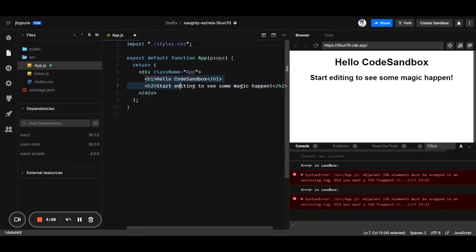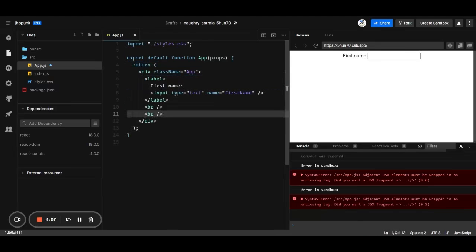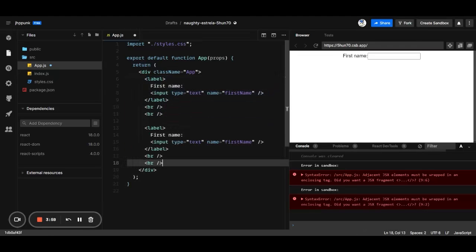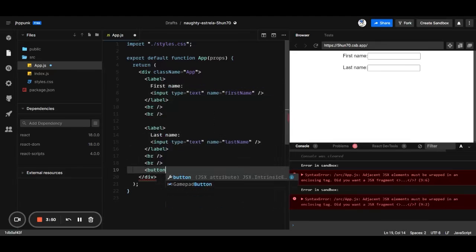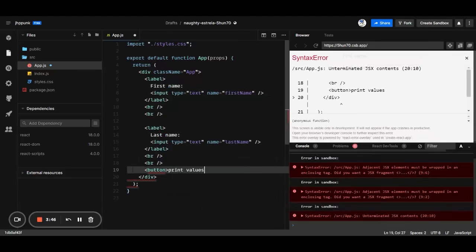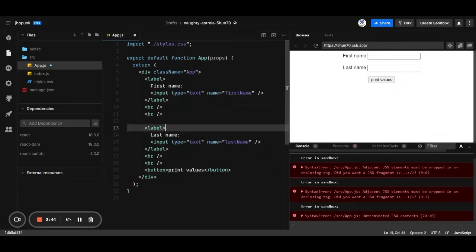In this case, for the first name field, we have a label, the first name label, and the input with the name firstName. Let's duplicate this to create the last name. Let's update the value, lastName. Let's create a button, in this case to print the values. So,